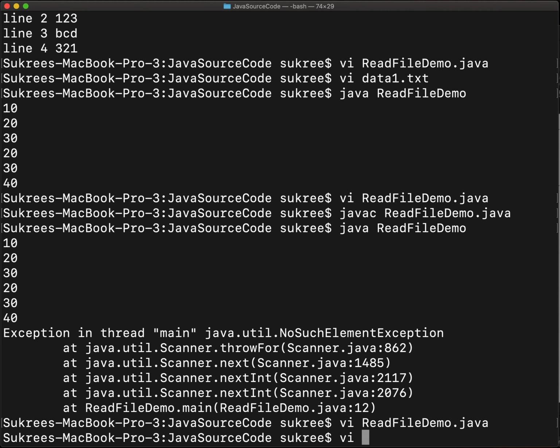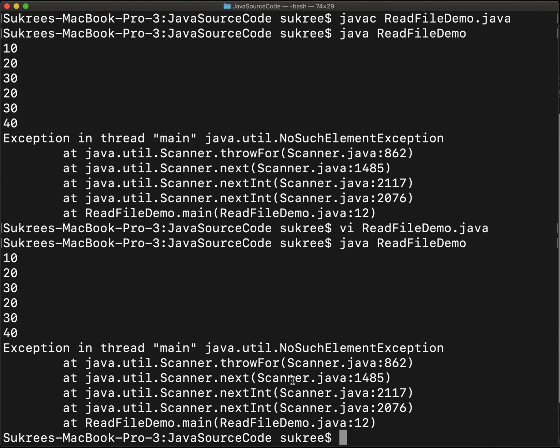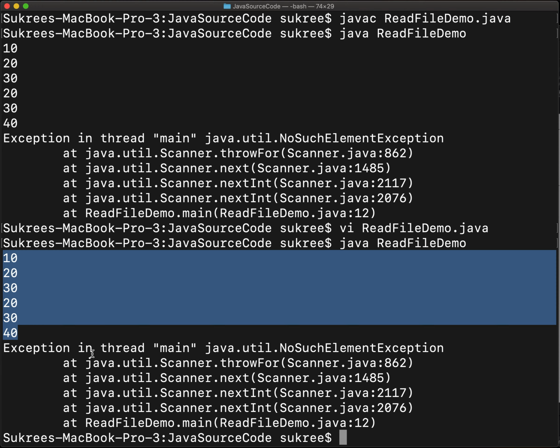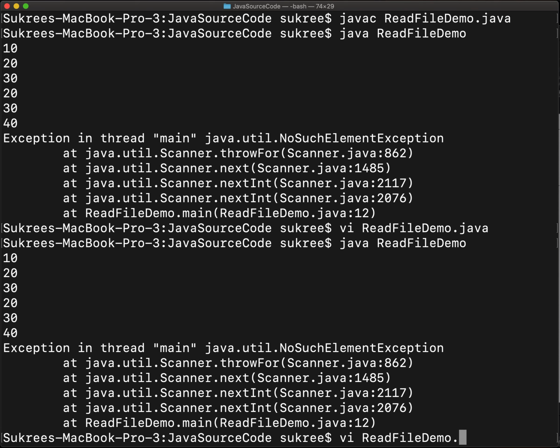Okay, I'll run it again. You can see that it prints all data out until the last one, right? NoSuchElementException. So you have to go back and